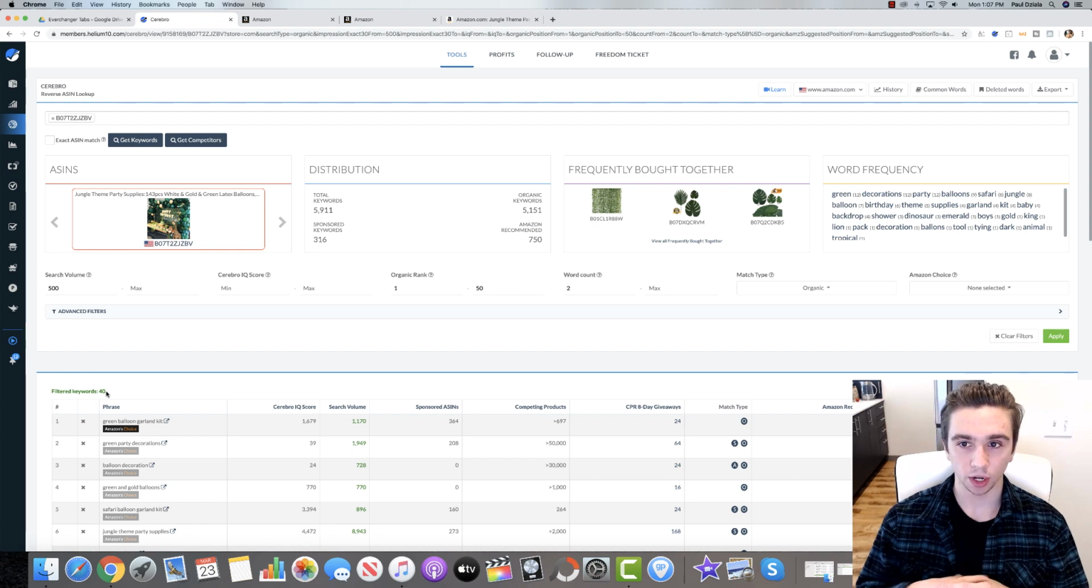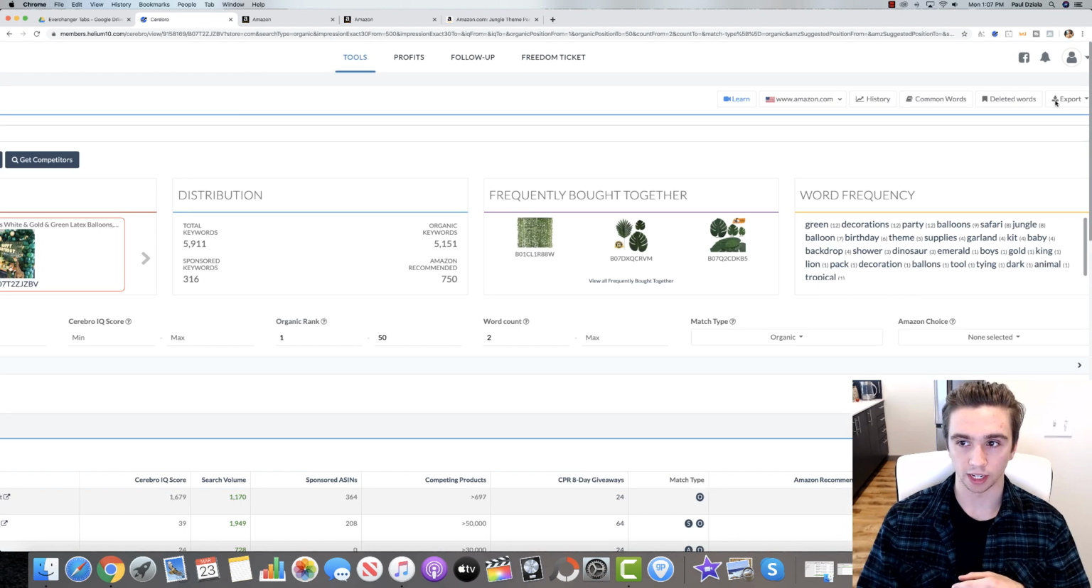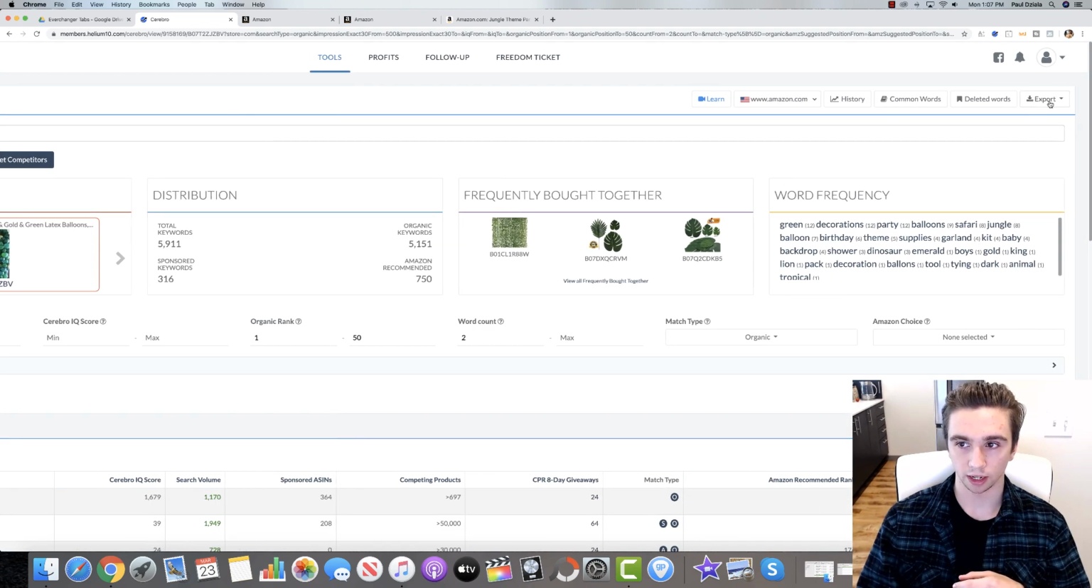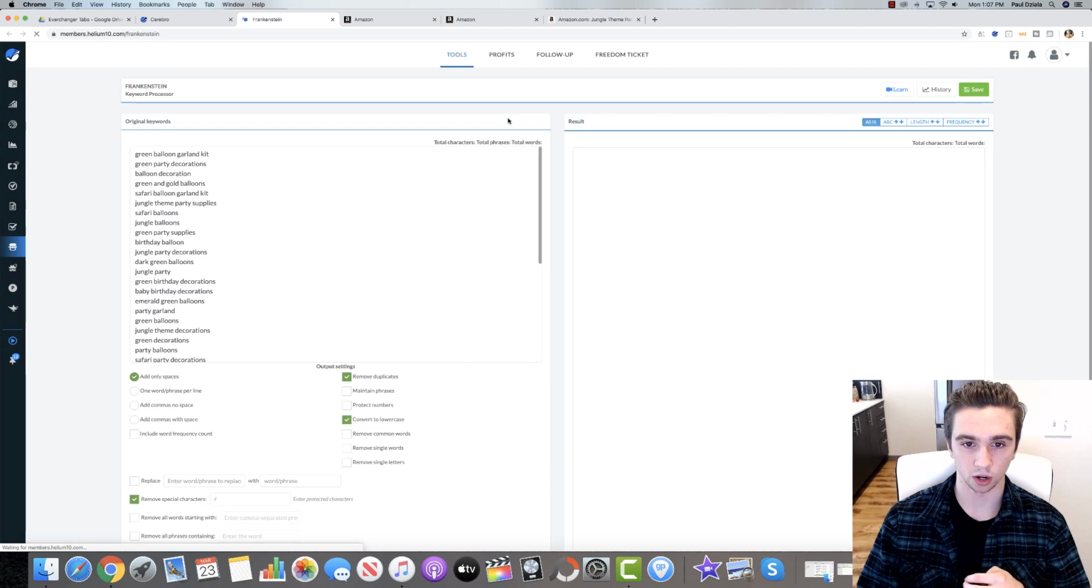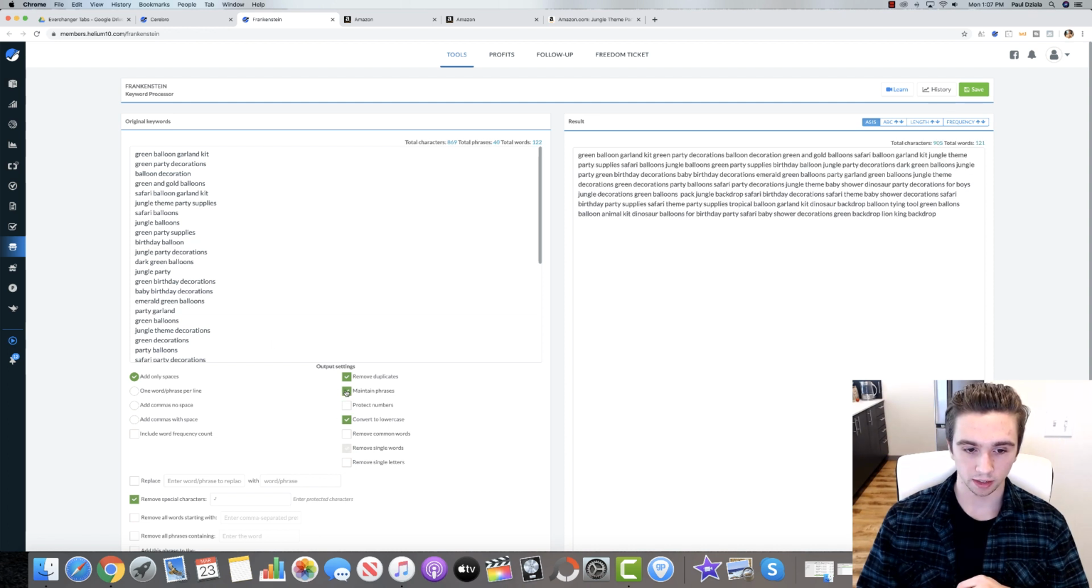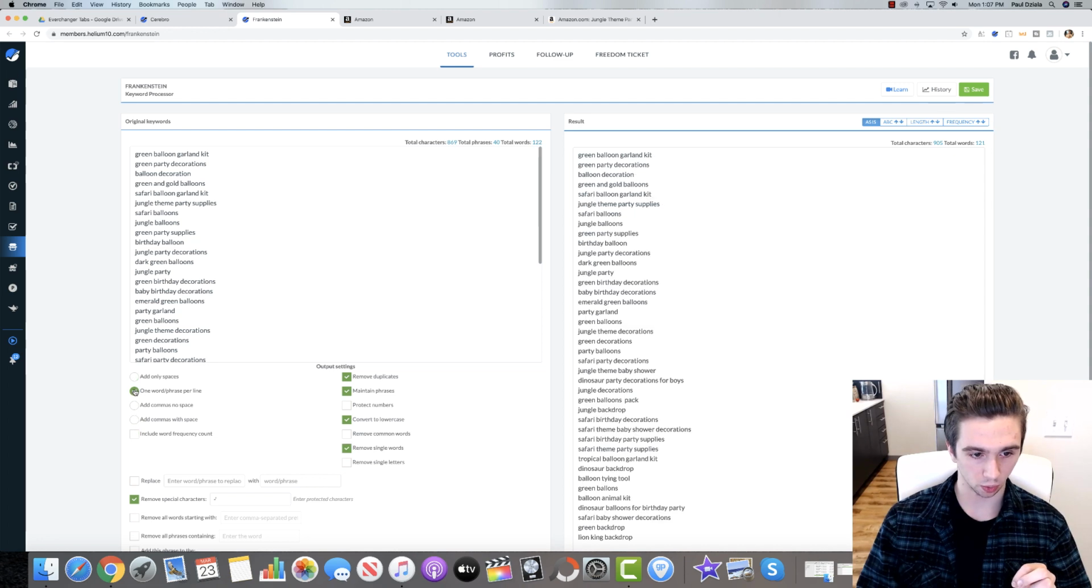Cool, so the next thing we're gonna do is we're gonna come up here to this export tab. So you can see that right there. I'm gonna go export, and then we're gonna actually go to Frankenstein. So it's another tool by Helium 10, it's an awesome tool. What it is, it's a keyword processor. So then we have all of our 40 phrases dropped in here. And what we're gonna do is we're gonna do maintain phrases. And we are going to take all of these, and what we could do is one phrase per line. So that's one word / phrase per line. We're gonna take all of these guys,